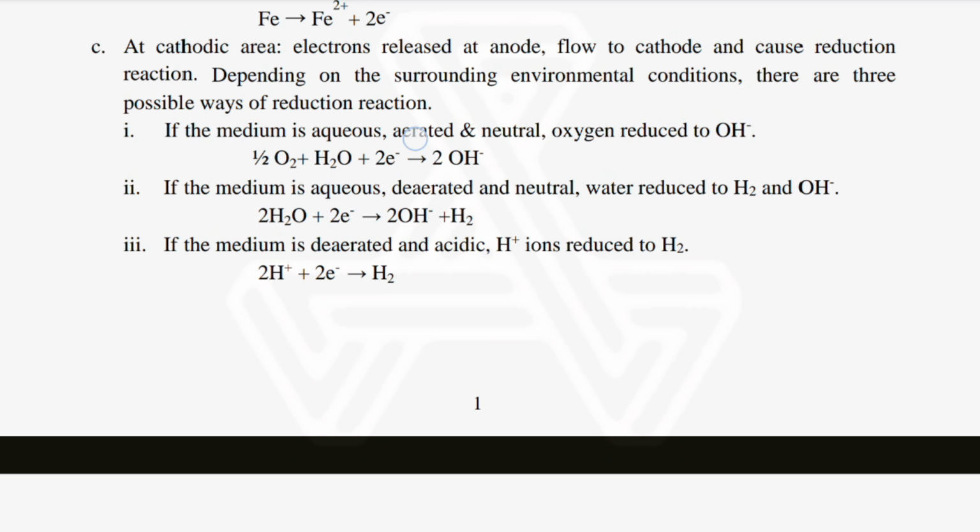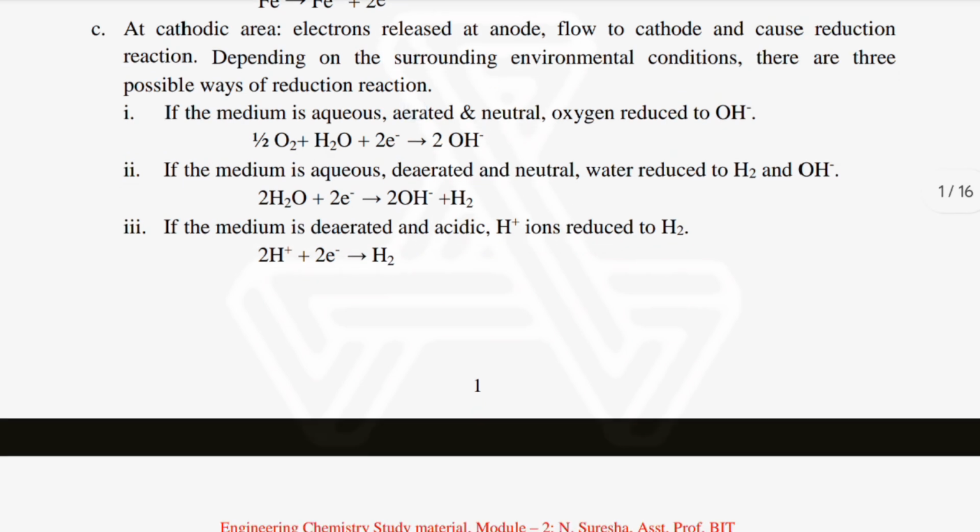If the medium is aqueous, deaerated and neutral, water is reduced to H2 and OH minus. Here, 2H2O + 2e- gives H2 + 2OH-. If the medium is deaerated and acidic, H+ ion is reduced to H2: 2H+ + 2e- gives